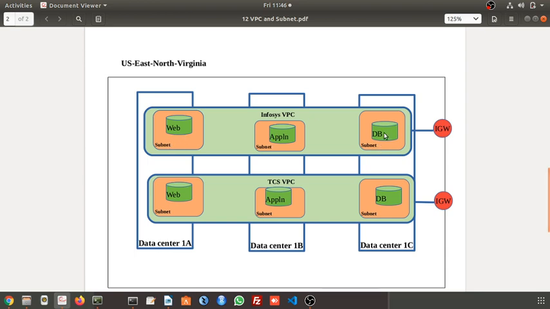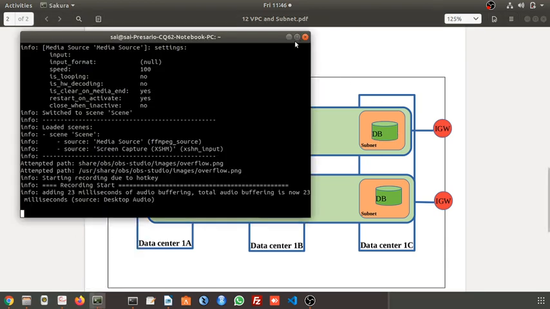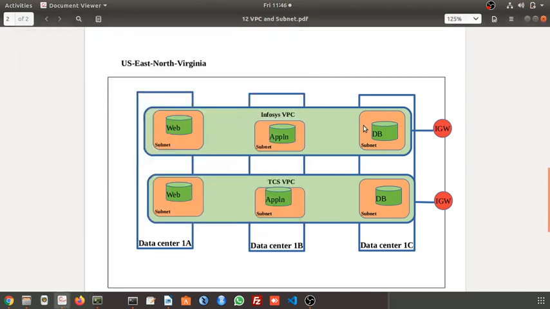The database server is attached to the subnet at data center 1C. The application server is placed in the subnet at 1B. The web server is placed in the subnet at data center 1A. Now within this, they can communicate with each other properly. Let's see. But we have to access these servers from the outside network also.